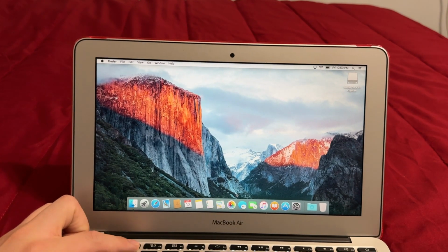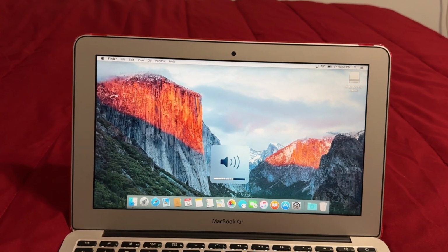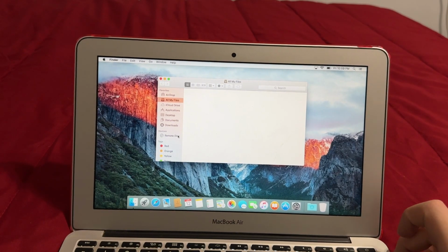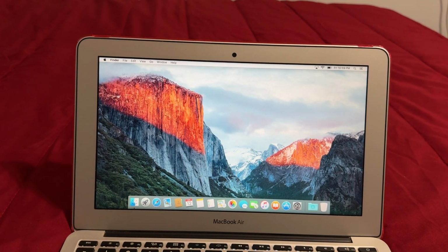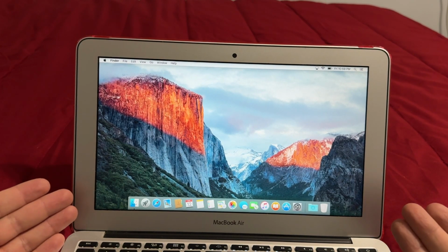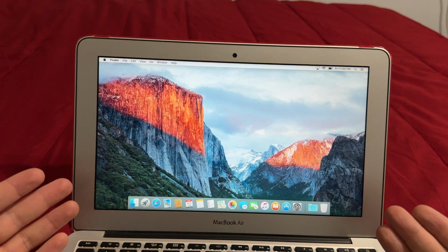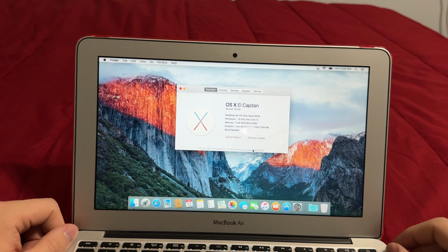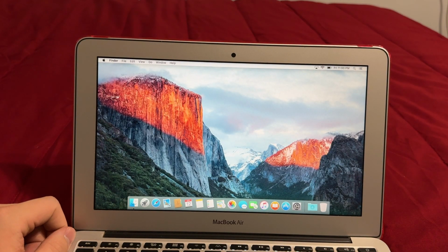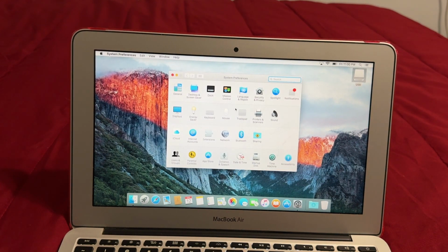And here it is. Let's turn the brightness up. Okay. Sound was all the way off. Okay, let's eject the USB. We don't need it anymore. And here it is. A fresh install of OS X El Capitan on the 11-inch MacBook Air. I'm just like, wow. I think it's missing something. Aha. Plugging in a USB. Before I do anything,